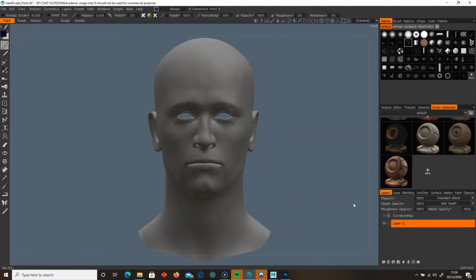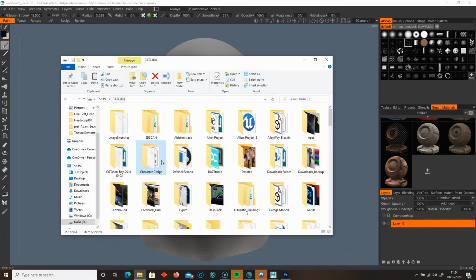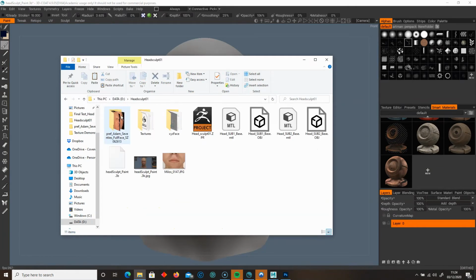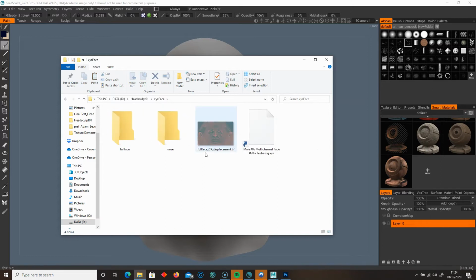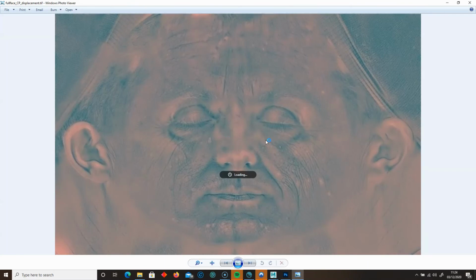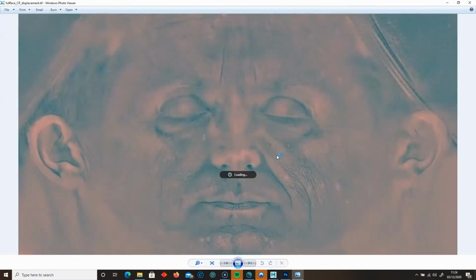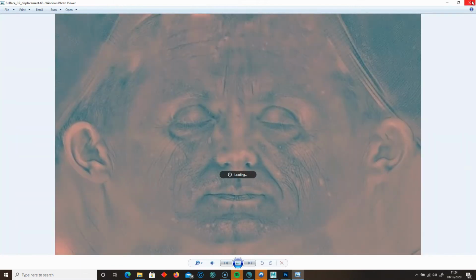And now we need to add a different texture. So in this case, if I go back to my head sculpt folder, we need to add a displacement map. Now I've already got one here that's laid out in a TIFF. And this is what we're going to paint in. So we can see all of the little details and the crevices in the face. That's what we're going to paint in